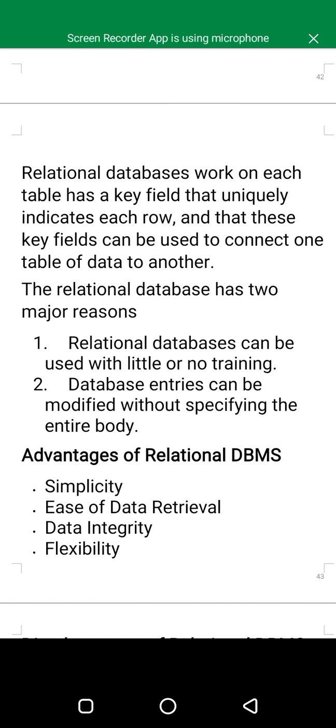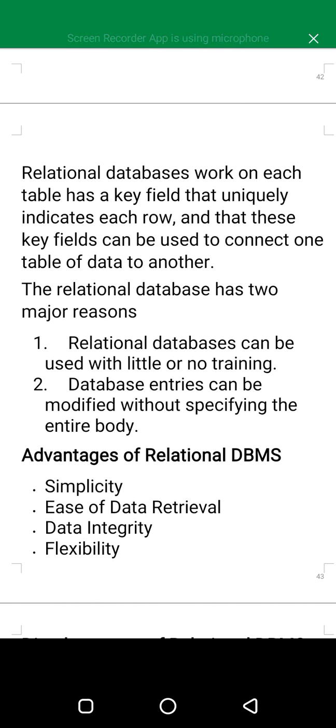Advantages of the relational database model. Simplicity is number one. Number two is ease of data retrieval. It is very easy to access data in a relational database model. Number 3, there is data integrity.